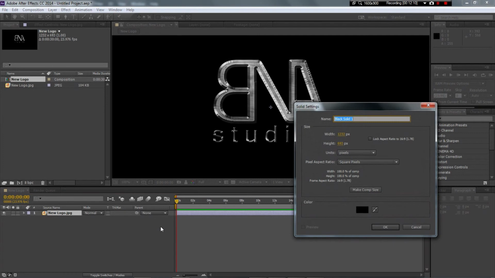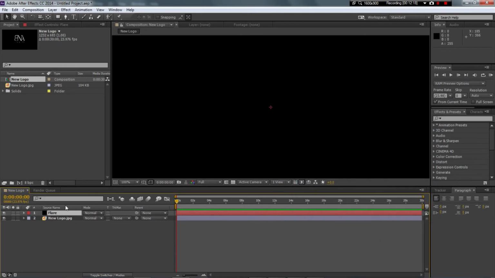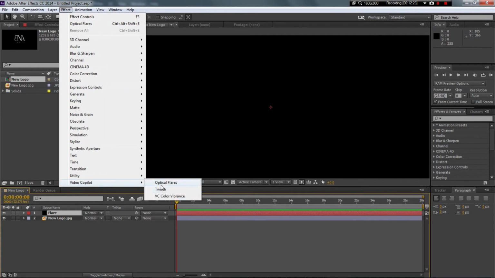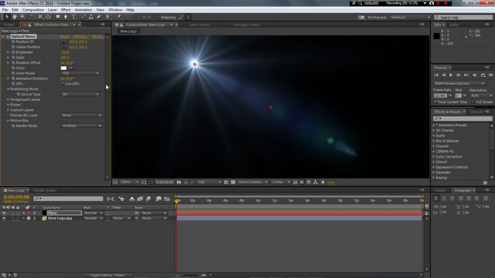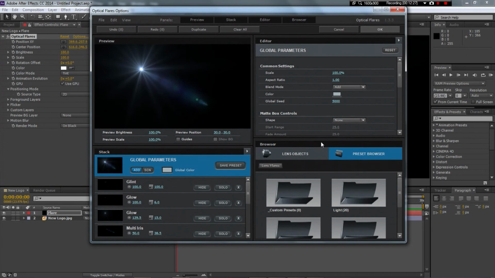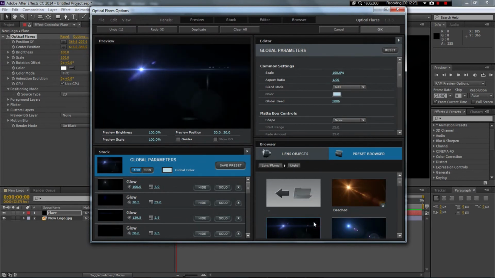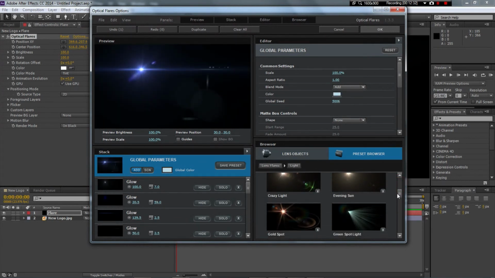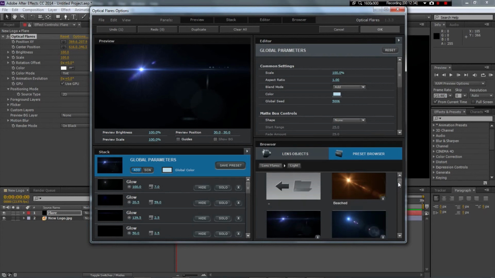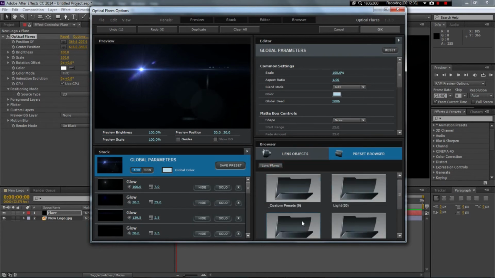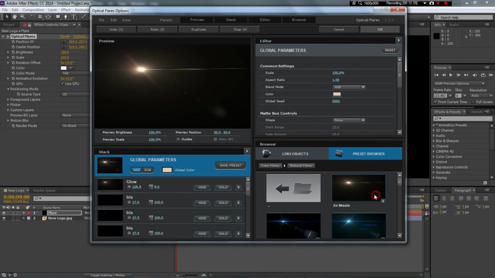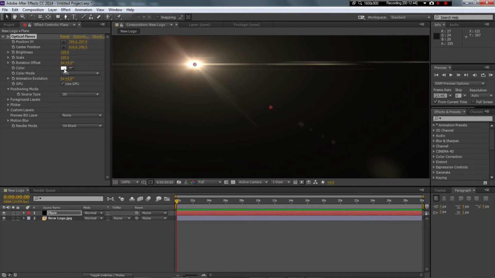Alright, so Control Y for a new solid. Make comp settings. It already is. It's black. That's great. Make it flare. Name it flare. And there you go. And we can... let's effect, Video Copilot, optical flares, do its thing and everything, options, and you can just choose whatever you want. We're probably going to choose something around, I don't like too much. Too much is just not good. I'd say that one's fine. Hit OK, and